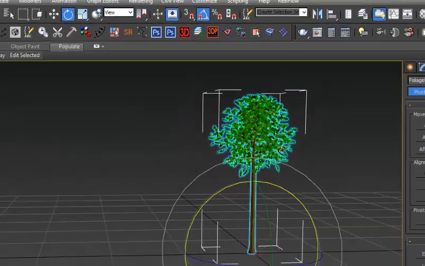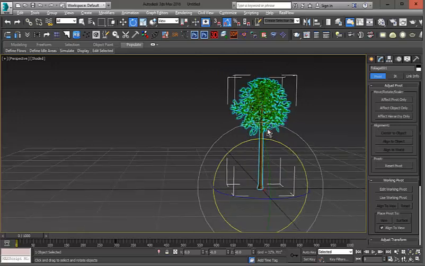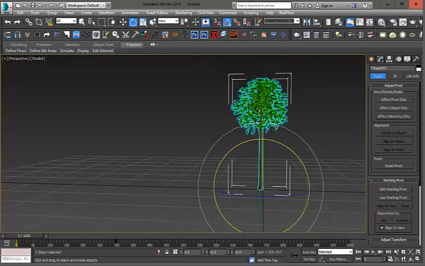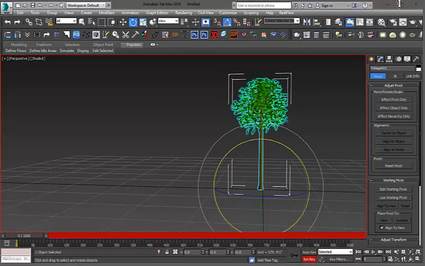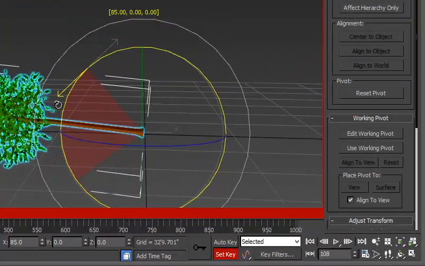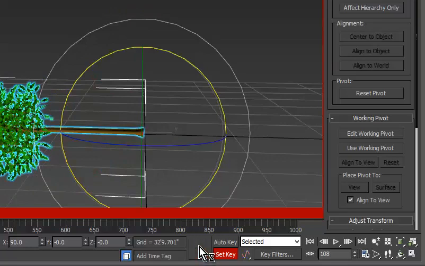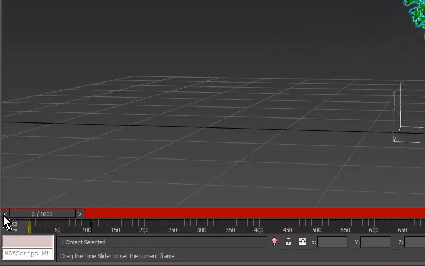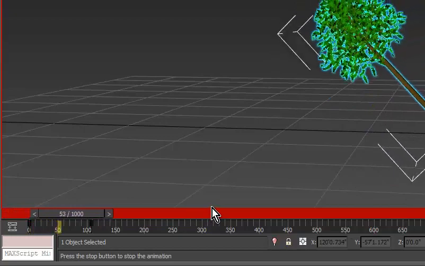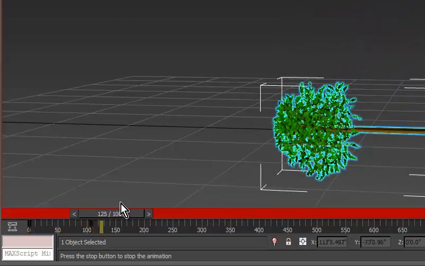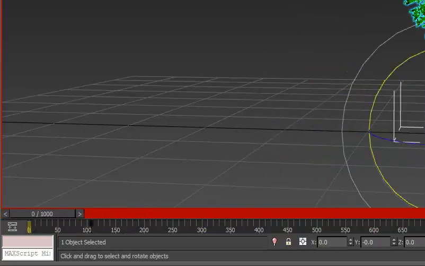Now there are basically two ways you can make this tree fall. You can do it the quick and dirty way, which is simply to turn on set key and take a keyframe here, move forward in time, and take a keyframe there, like that. But this looks a bit weird. I mean, it kind of looks, you know, not very natural,